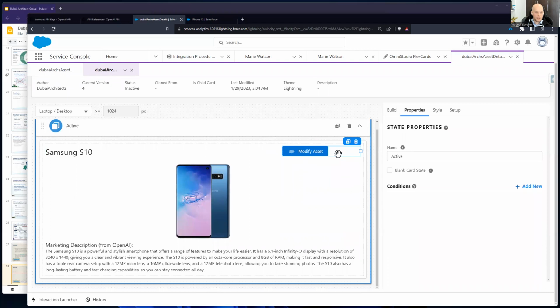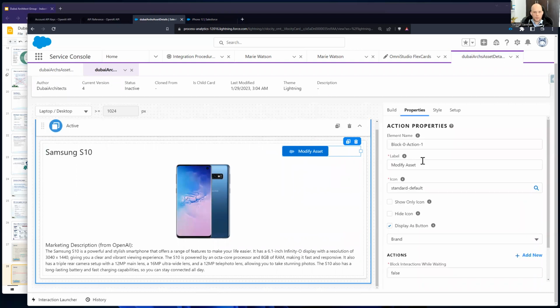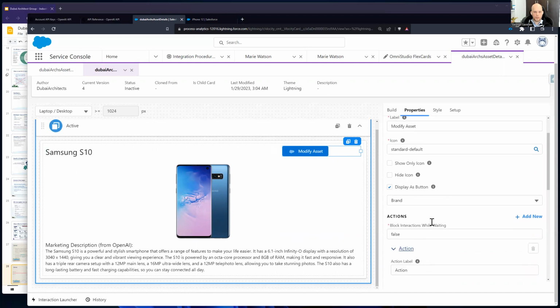And then here is the action. So this is the action launching the OmniScript. Here we can see that this is an action. The label is modify assets. And then what it is doing is,